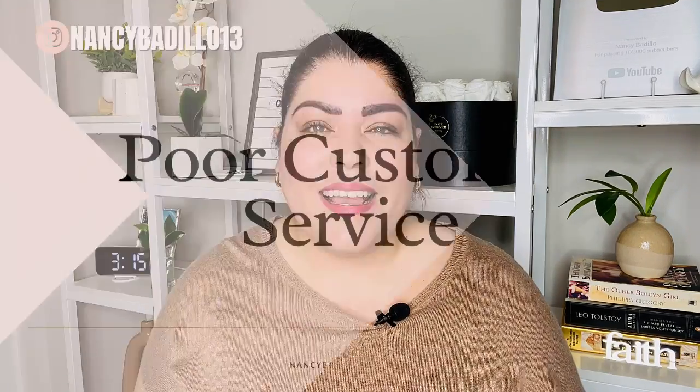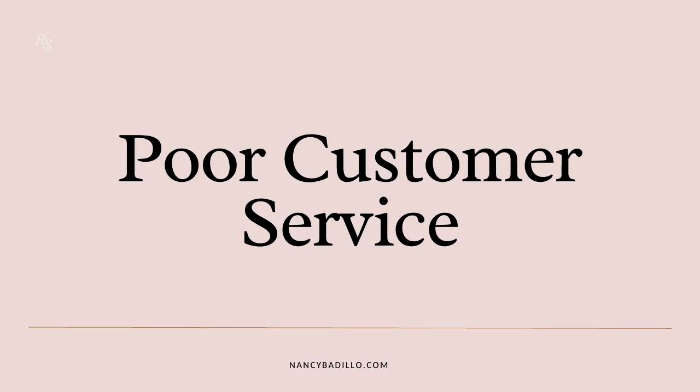By focusing on both customer retention and attracting new customers through ads, you can mitigate the impact of seasonal changes on your Etsy business. Another contributing factor that affects many Etsy sales is poor customer service. If you're not providing amazing customer service, you are going to be losing out on repeat business as well as referrals. It's essential that you respond promptly to customers' inquiries and complaints, and that you go above and beyond to ensure